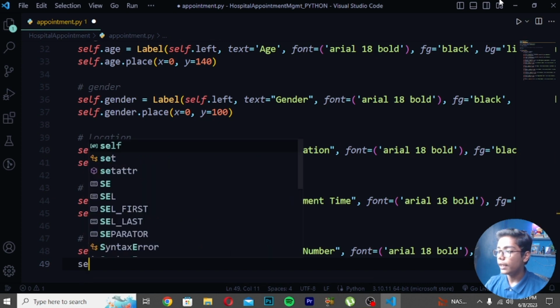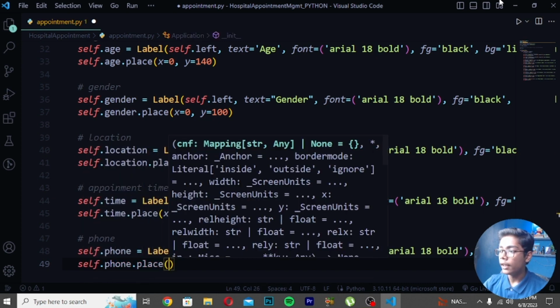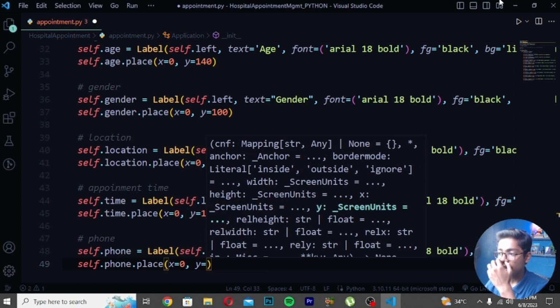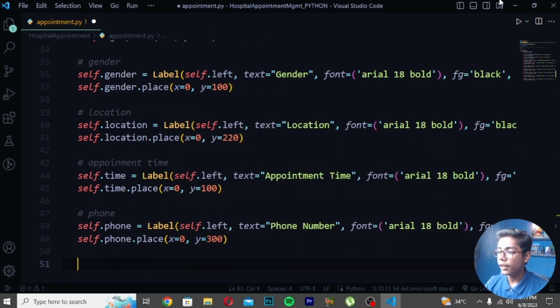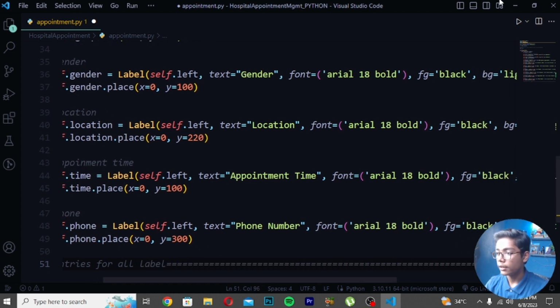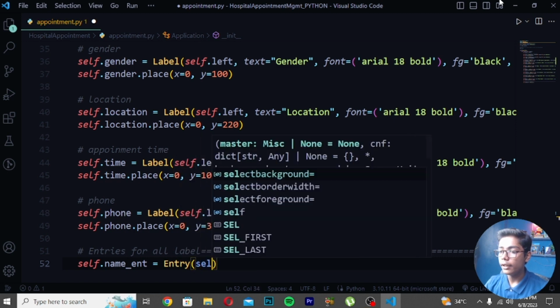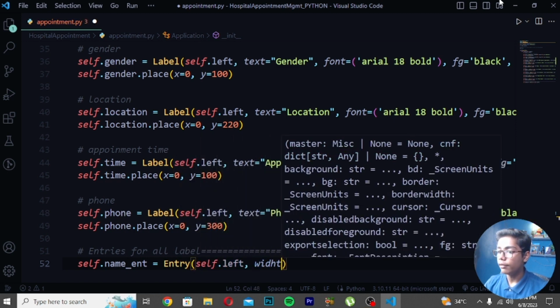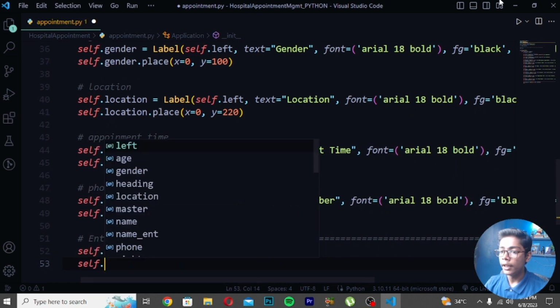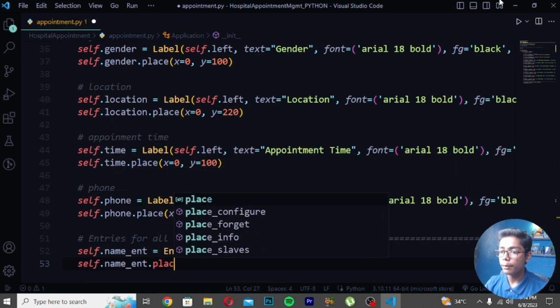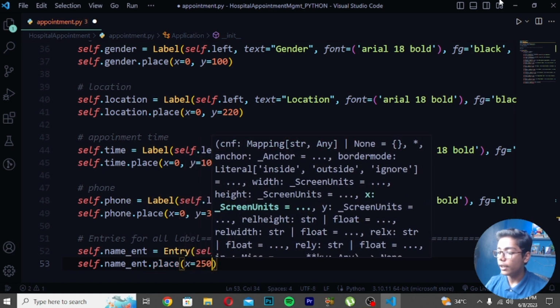Write a tag which will be like self.phone.place, and here I will be writing x=0, y=300. Then you have to write a tag which will be like entries. So here I will be now writing entries for all labels. Now when you've written this, you have to write self.name_en = Entry, and here I will be writing self.left and width = 30. Write self.name_en.place, and here I will be writing x=250,